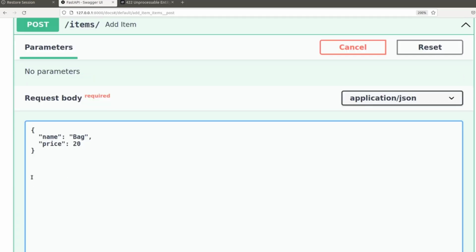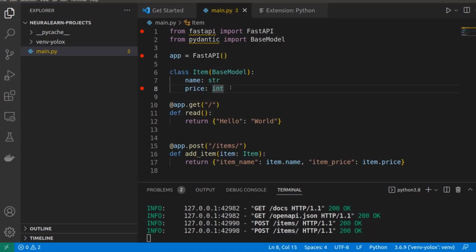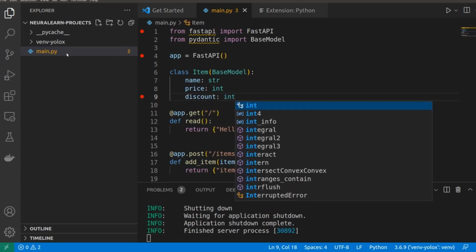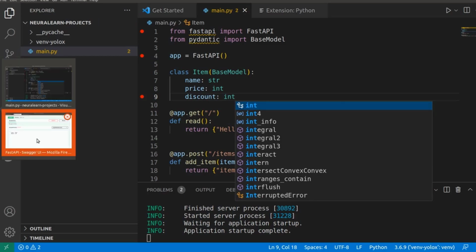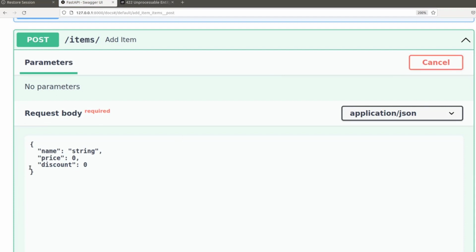If there's something you can notice, it's the fact that this request body here automatically takes this name and price. So let's get back to the code. You see that if we modify this, let's say we want to get the name, we want to get the price, or let's say we want to get the cost, or let's say we want to get a discount. So let's say this is discount on the item, discount, and then let's put this int. Okay, we save that, and then we get back here, we refresh this, try that out, and you see discount